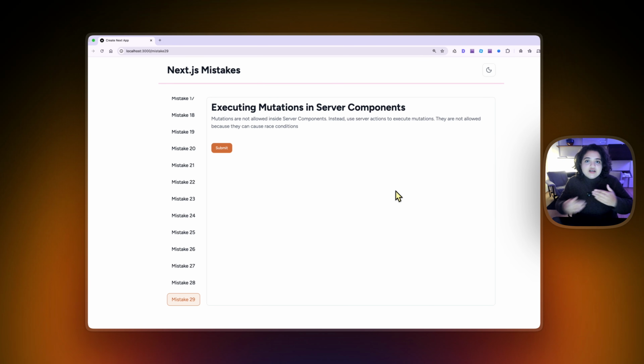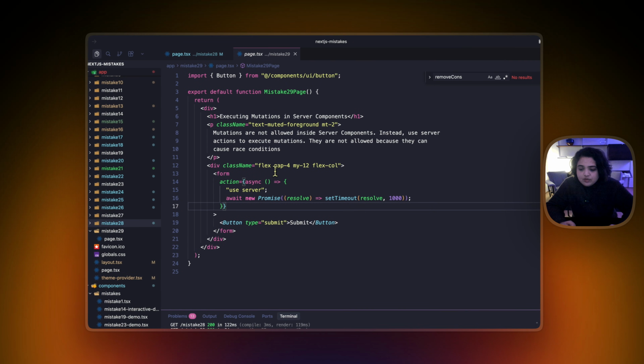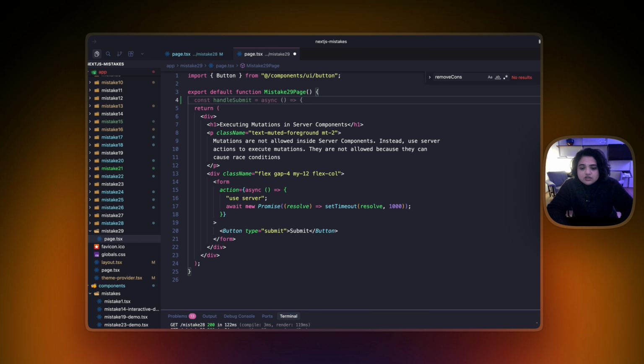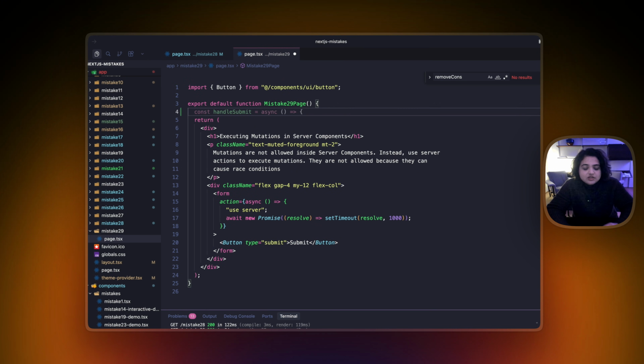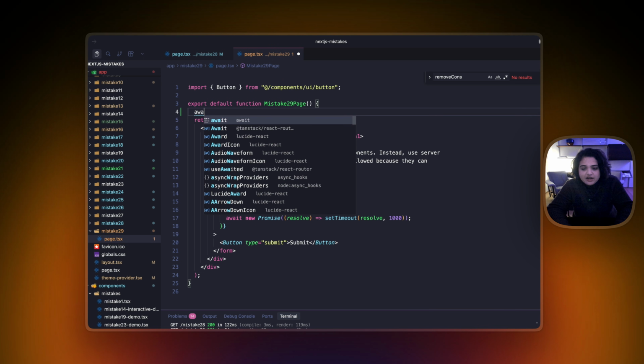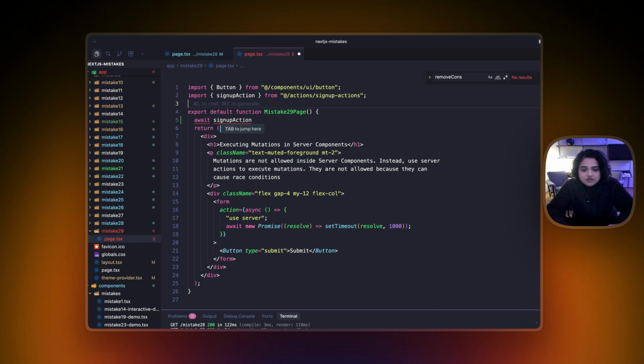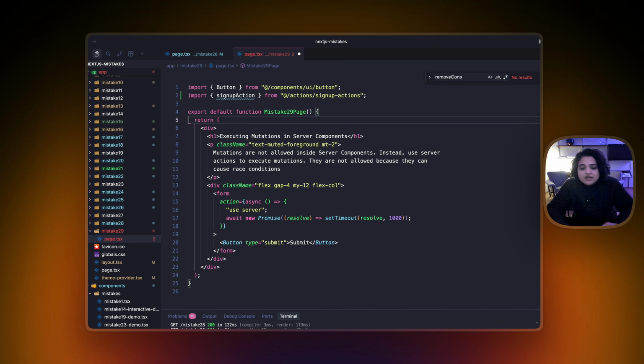You may run into race conditions because server components are getting the data, a mutation occurs, you're updating the data, that means you're updating the same component, and it's going to be very chaotic and will lead to a lot of race conditions. For example, if you take a look here, we have a form, we have a submit button, and let's say we are trying to get some data here. Instead of using a form and executing the mutation here, if we execute the mutation directly, such as a sign up action or something like that, and then we're also getting the data,